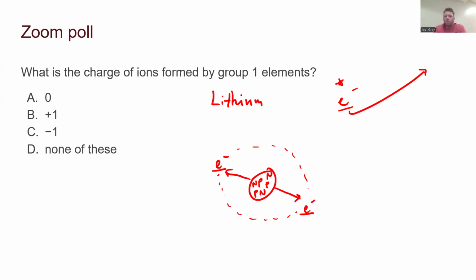The charges formed by these different group one elements are a result of where these electrons are. You've got two close electrons and one distant electron. That distant electron, gone. I'm out. Because it's not being well captured or retained by those protons. So our correct answer for this one,